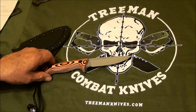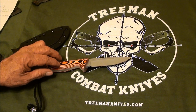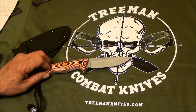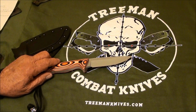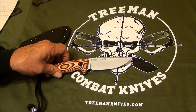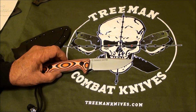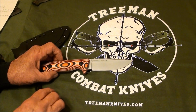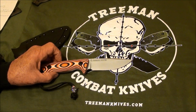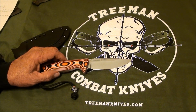And I think these are G10 grips. I keep calling them grips, they're handles on the knife. I'm calling them that because of the gun lingo. But these are G10 material right here on the handles, and these are called Bengal Tiger, and I really like those too. And the blade hardness is 56 RC,